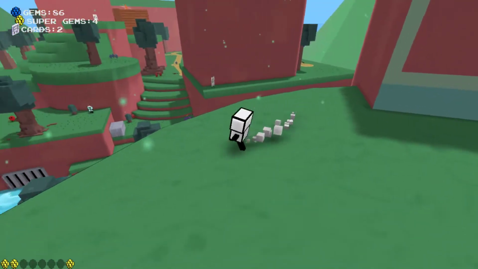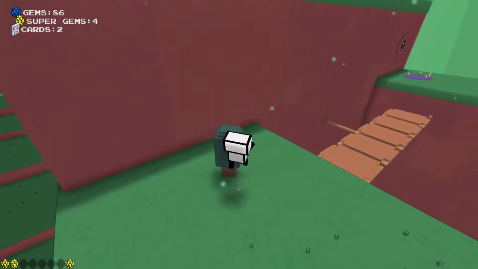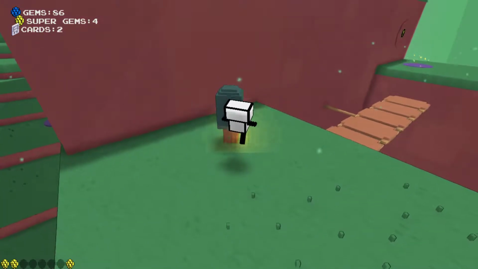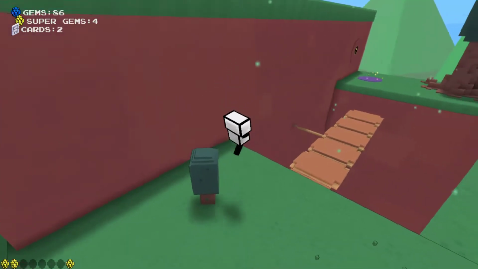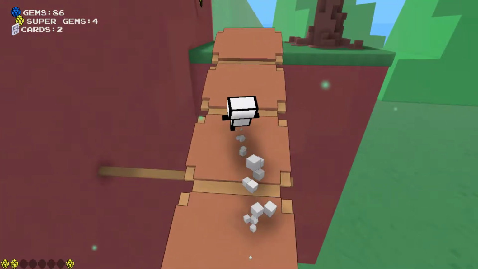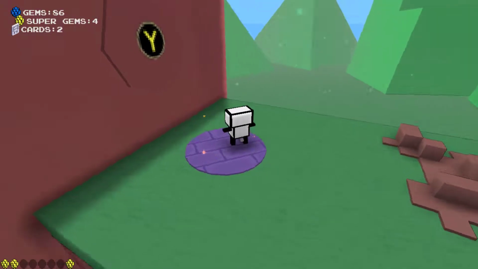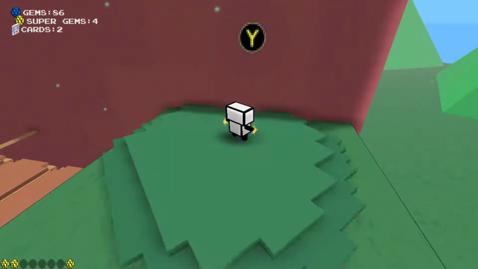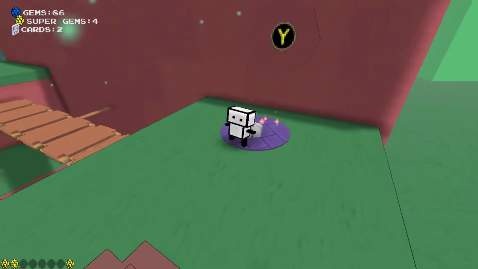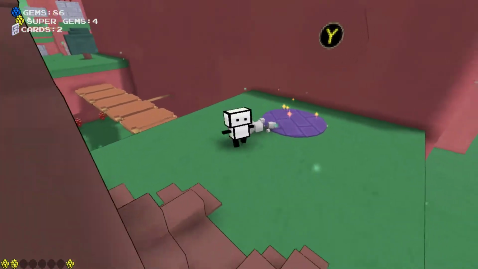Trying to remember the buttons for that. That was weird. I wonder what that was. I have no idea. Oops. So again with this thing, Y it says. Oh. Is it... This red thing, I don't...